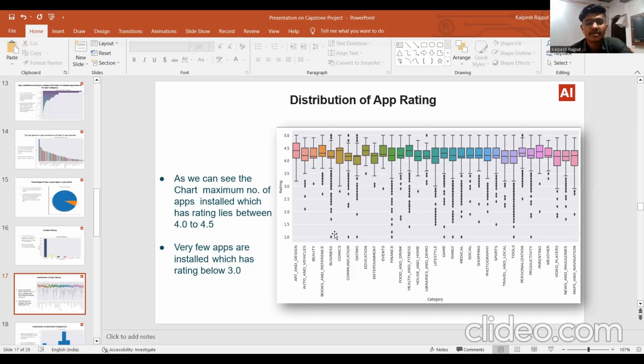As we can see in the chart, the maximum number of installed apps have a rating between 4 and 4.5. Very few installed apps have a rating below 3. From the chart, we can easily figure out that most applications lie between the rating 4 to 4.5, and fewer apps on the Google Play Store have a rating below 3. Moving to the next slide,